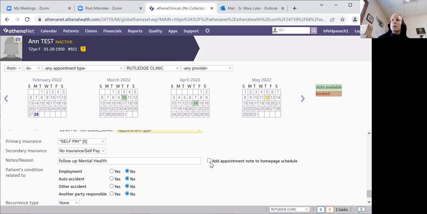But it's important to click add appointment note to homepage schedule from here. That's this little box, because from there, it will show up on the schedule. If you don't click it, it will still show up in the patient's file, but it won't show up on the schedule. Okay, so